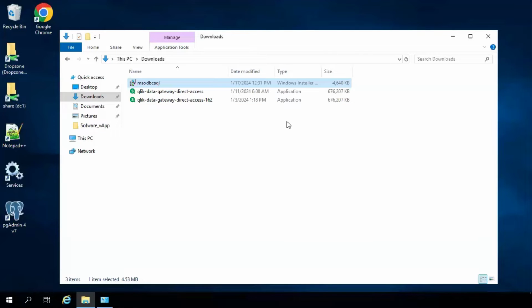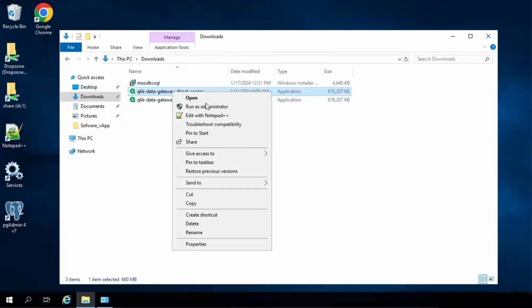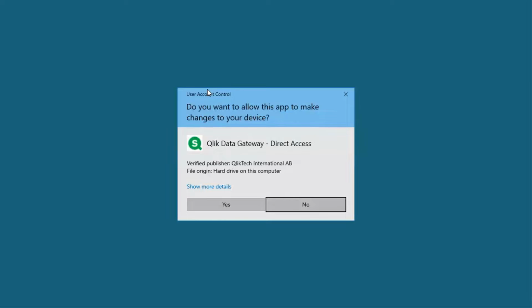Okay, so we're on a machine where we're going to install the data gateway. And is that the installer already downloaded? That's correct. Run as administrator. Yeah, now this usually installs some .NET dependencies if